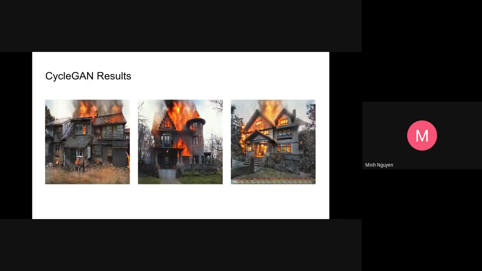CycleGAN was able to maintain the appearance of the buildings while generating somewhat realistic fire and smoke in appropriate parts of the image. However, sometimes the generated images would only tint regions of the image orange or black. Based on CycleGAN's loss graph, the model may have been focusing too much on cycle consistency, which is shown by its performance with maintaining the building's realism while not generating the best fire or smoke.